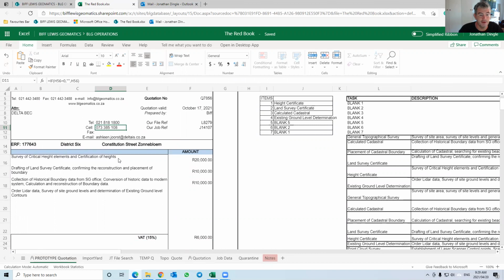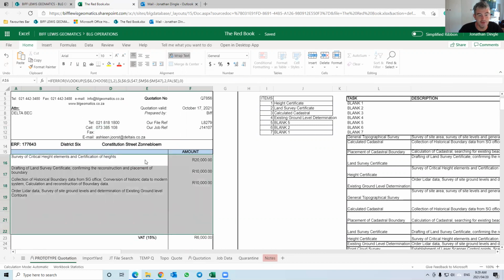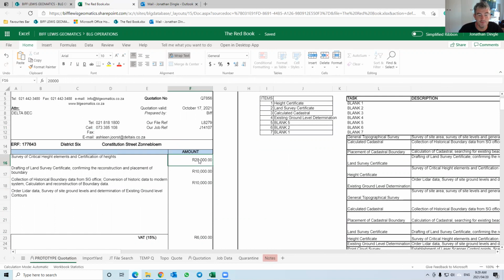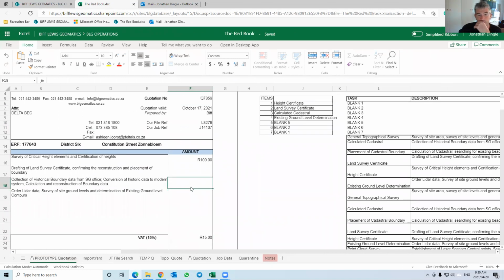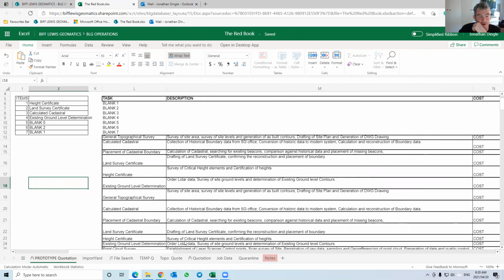You can also, and very importantly, the change here is you can't edit here either. So your next question is, how would I edit these blocks? By the way, you can edit the price, so we'll just do this again, make that 100 Rand. Okay, and VAT's calculated, totals calculated. So the idea is if you come over to this side of the sheet,